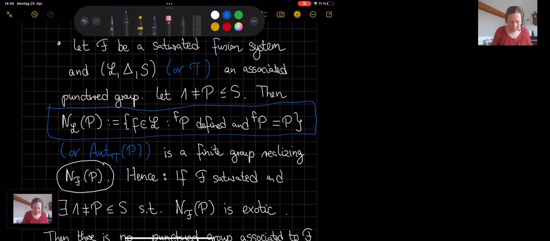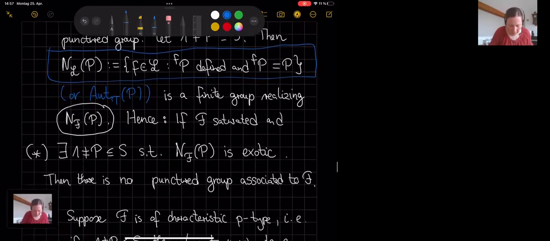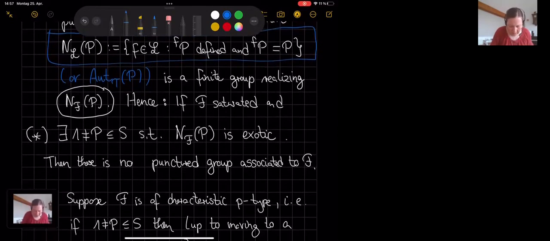And that's always a subgroup of, if P is an object in a locality, which it would be if this is a punctured group and it's a non-trivial subgroup, and that's always a finite group, and it realizes this normalizer. So if F is saturated, and there exists a non-trivial subgroup such that the normalizer in F of P is exotic, then there can be no punctured group associated to F, because otherwise in this punctured group I could look at this normalizer and see that it realizes the normalizer in F of P, and then it would not be